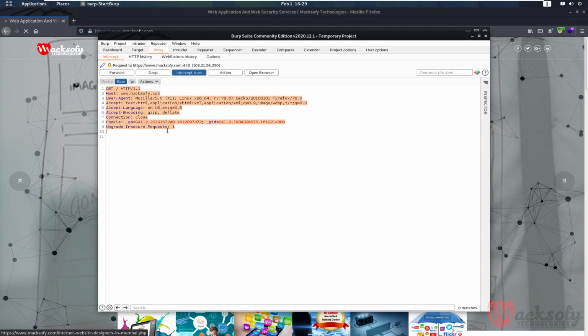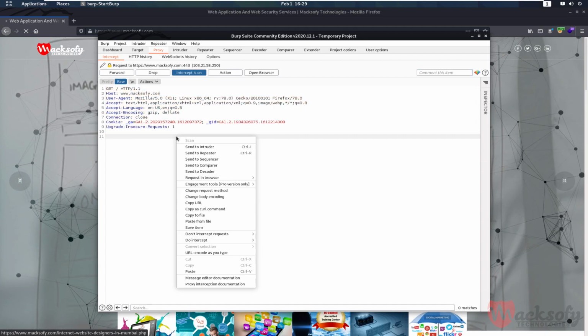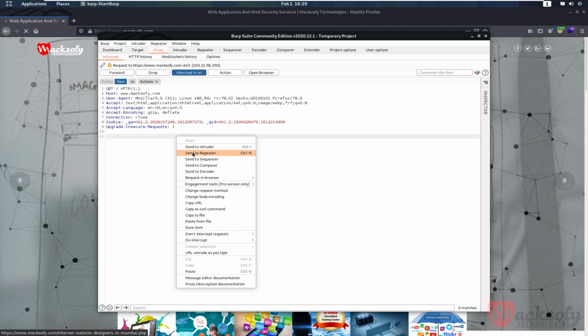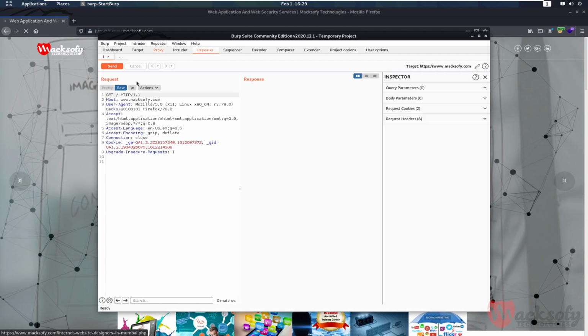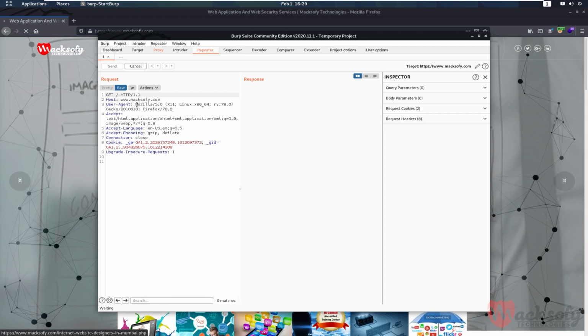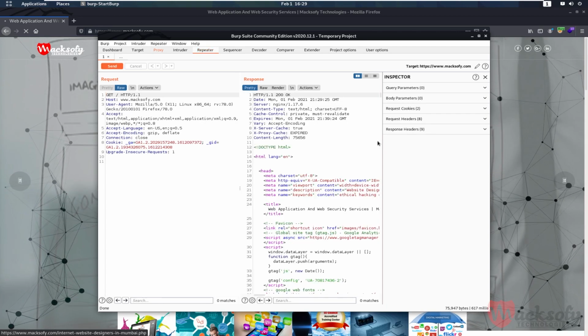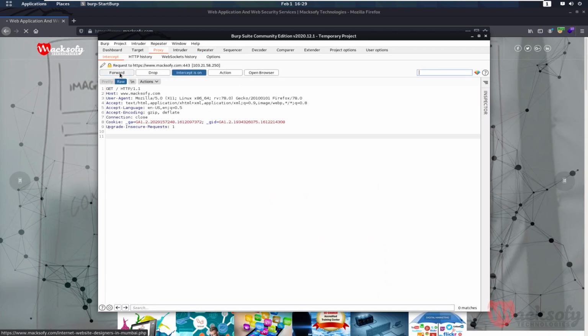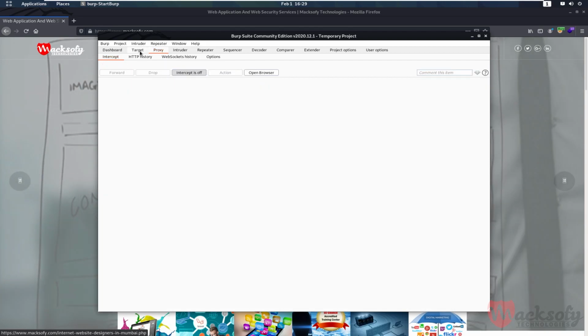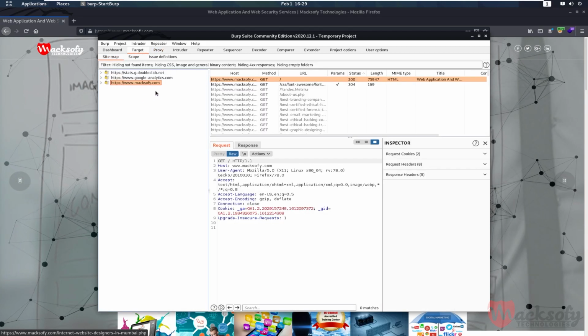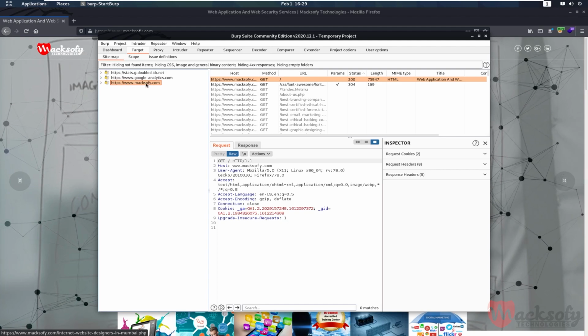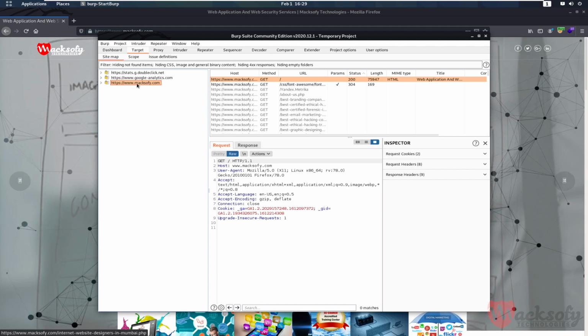We can see the request body and we will right click, see the options we can do. We can send it to repeater. From there we can see the source code of the web page from the response as well, and we can just forward it.